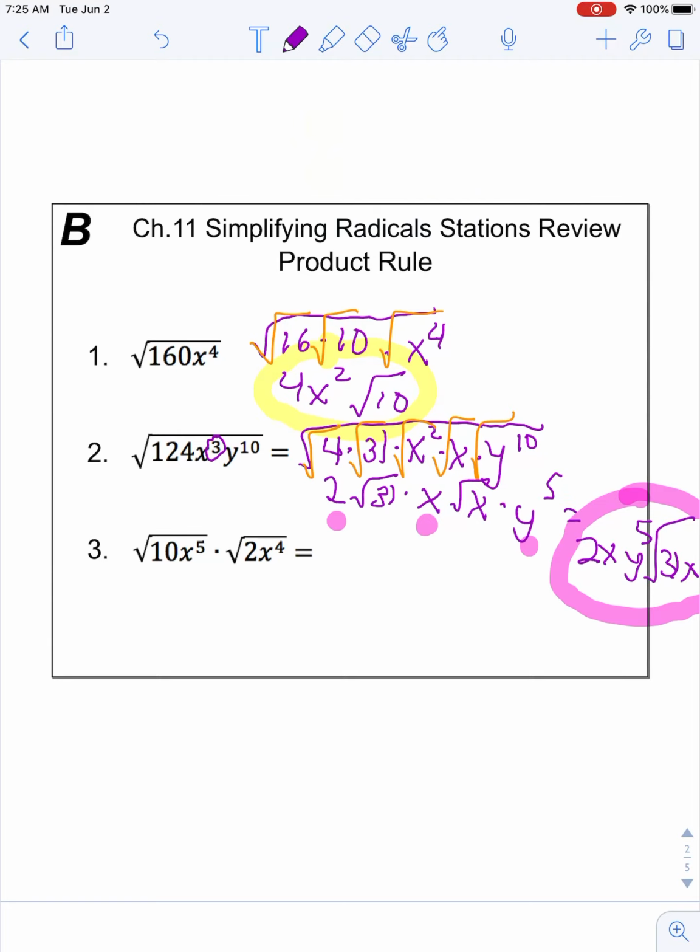And on this last one, we would multiply these together, and 10 times 5 is 50. And then we'd have x to the 5 plus 4, 9th power. So now we will see, is there a perfect square that goes into 50? Yes, 25. So 25 times 2 would give us our perfect square factor. And then the largest number of x's in here that would be an even exponent would be 8,